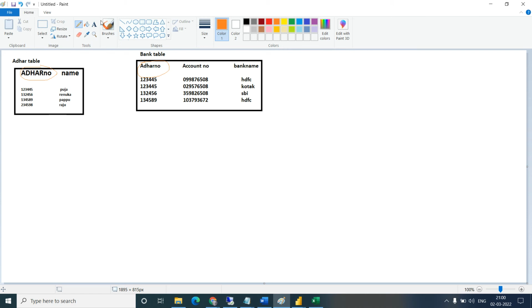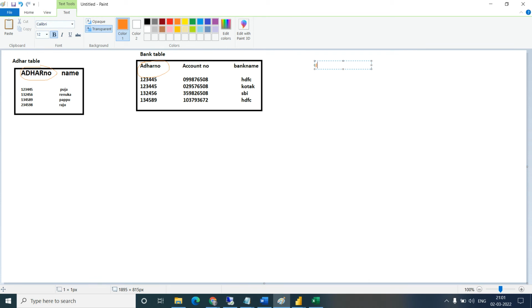Join is nothing but a merge. In Power BI we call it a merge. Merge means we will join the two tables and take the required, necessary columns.